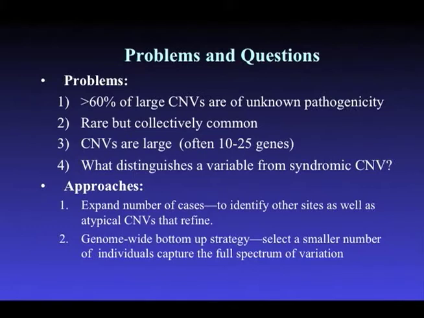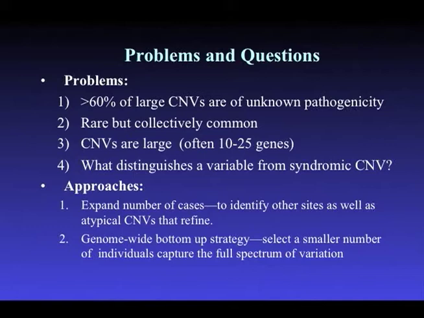So there are two different solutions. One is essentially to employ a genome-wide analysis, but on steroids. Start looking at tens of thousands of cases and tens of thousands of controls, so you will eventually begin to see events, even in non-hotspot regions, that are recurrent. And the second is, well, if you want to get at the genes, why don't you look for smaller events? If there really is one gene in that region of 5 to 10 genes, you should find a disruptive mutation if you actually sequence all the genes in that region.